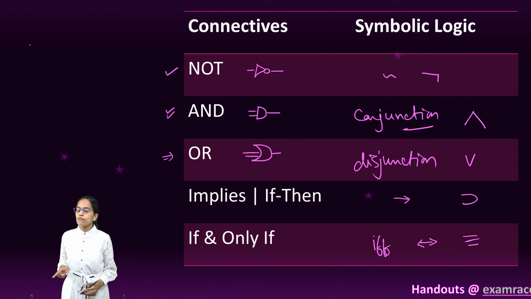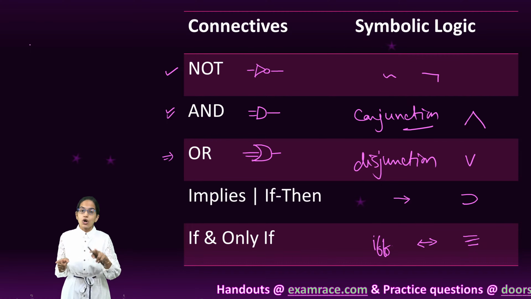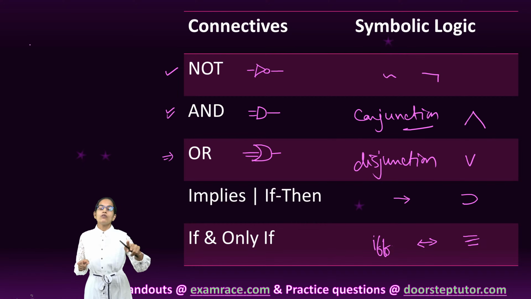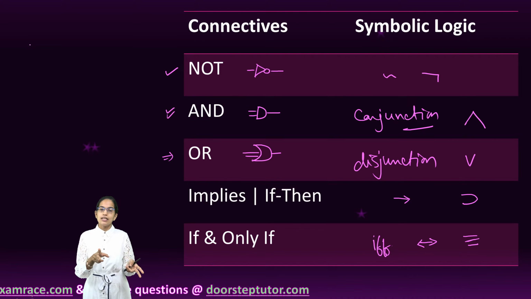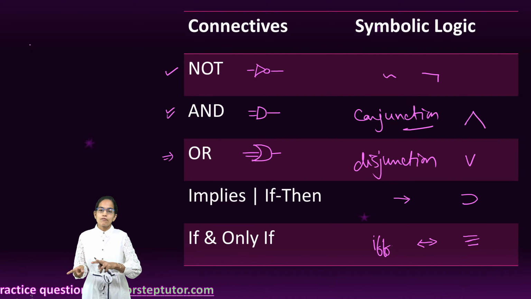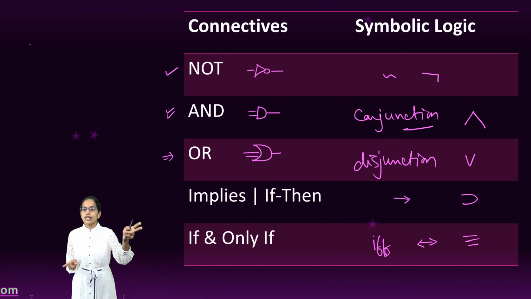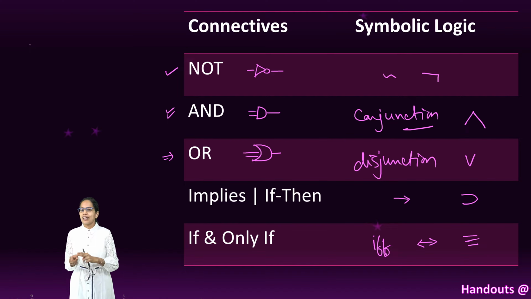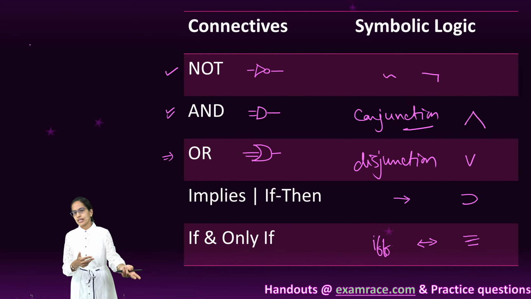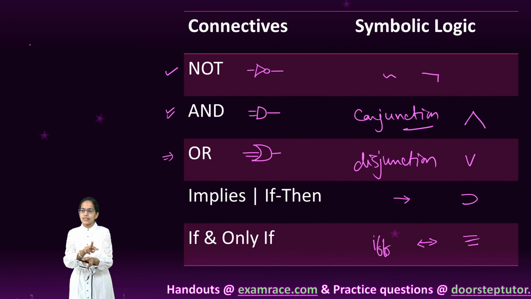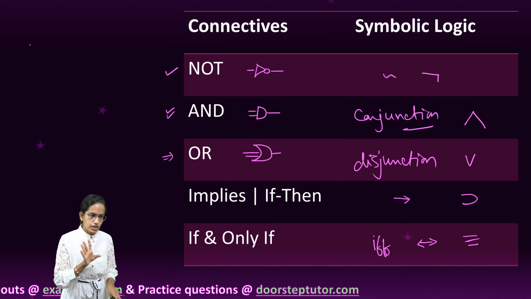If and only if. If and only if means I will watch the championship if and only if I get the ticket, that means I can make it bidirectional. I will get the ticket if and only if I watch the championship. That means the ticket window would not issue the ticket unless and until I am ready to watch. And I would watch only if I have the ticket. So it is bidirectional in nature. And that is what is known as if and only if.